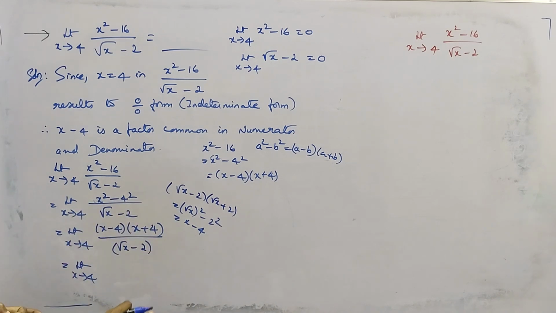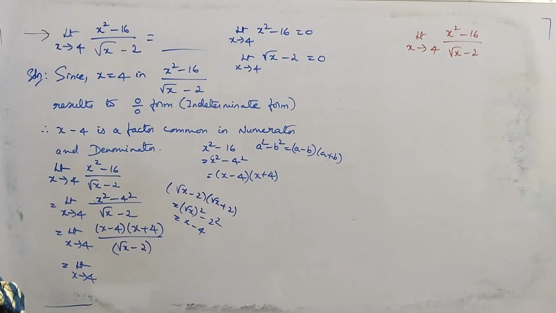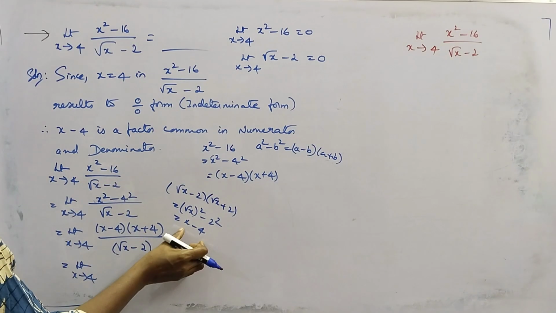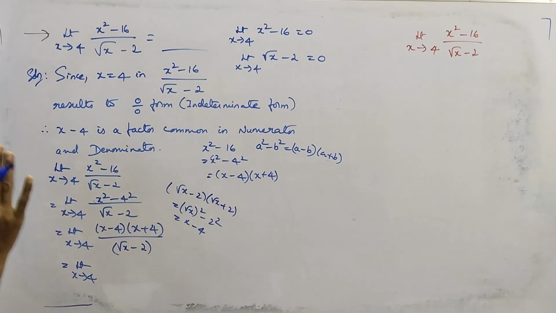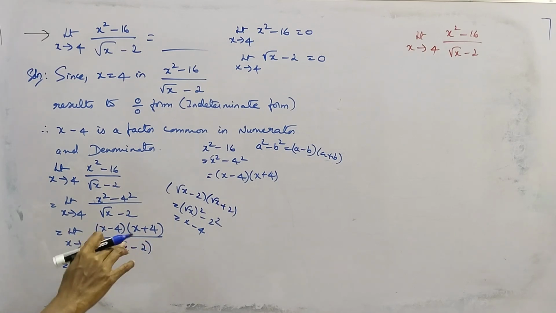Okay, but in this case we are not going to rationalize it. We'll use x minus 4 to bring a factor, square root of x minus 2. If you rationalize this denominator, then you'll definitely get x minus 2, but here we are not going to rationalize. We'll just write this x minus 4